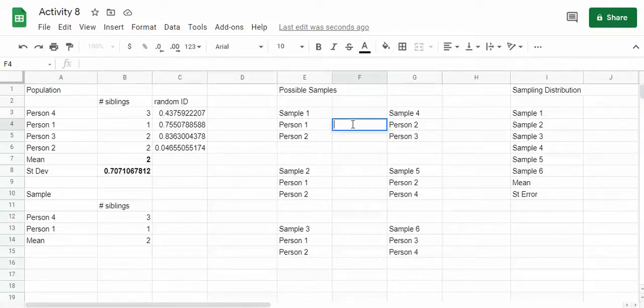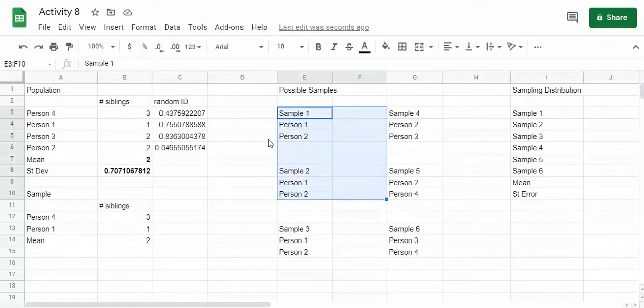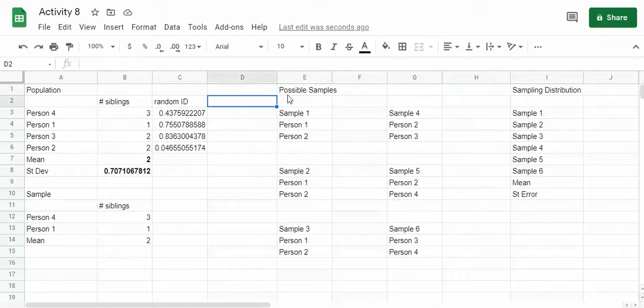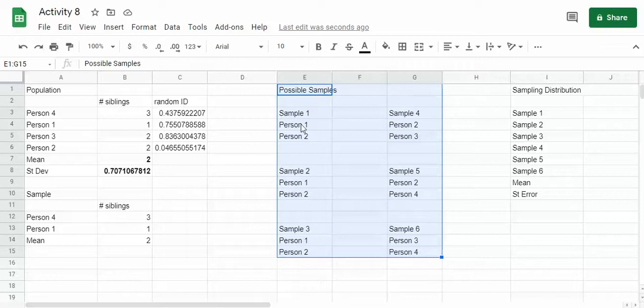So right here, type in an equal sign. So what we're looking at now are the possible samples of 2 people. So what you actually have to do first is set up everything exactly the way I have it set up right here. So type in the word possible samples up here, and then have sample 1, sample 2, sample 3, sample 4, sample 5, sample 6. Like I said, set up your sheet exactly the way it looks inside this highlighted area